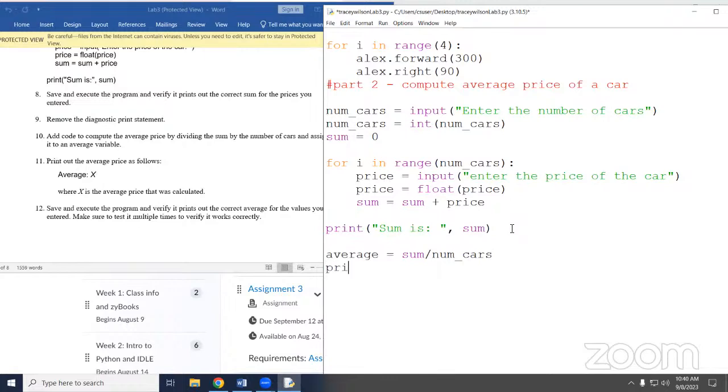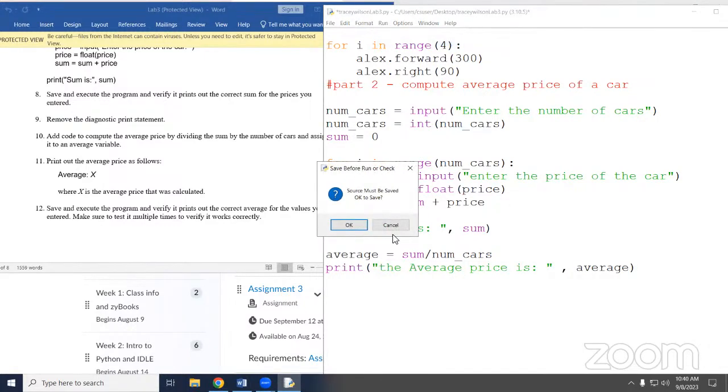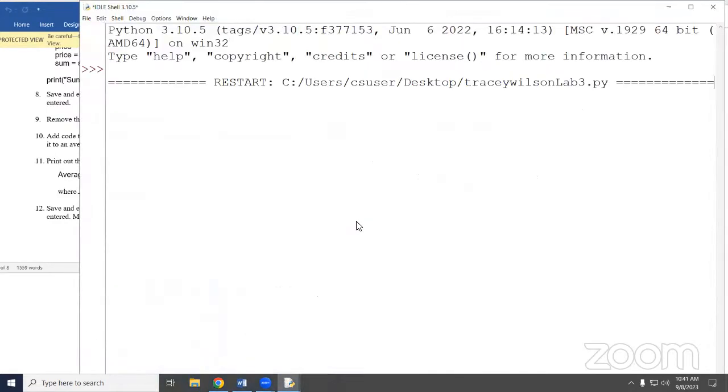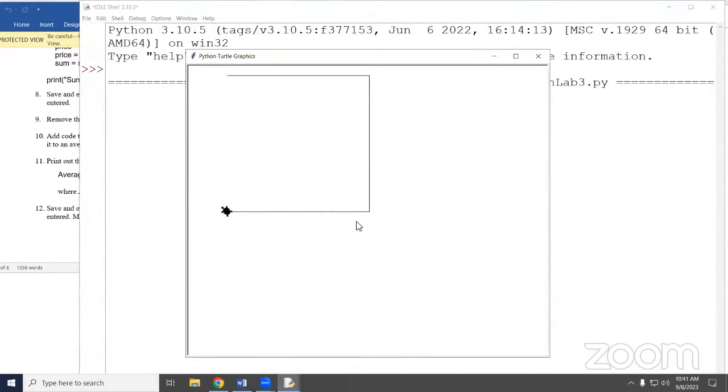And then I can, again, print. Oops, wrong run. My turtle draws.